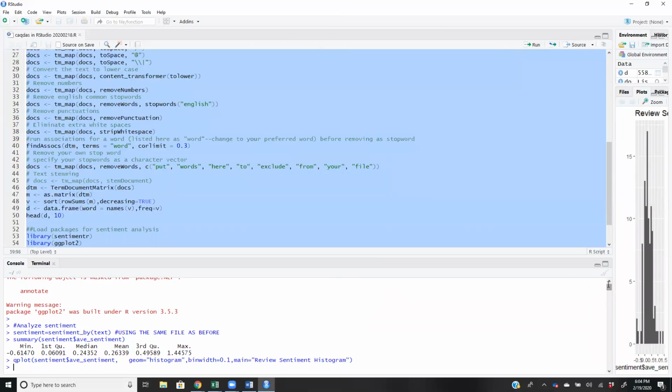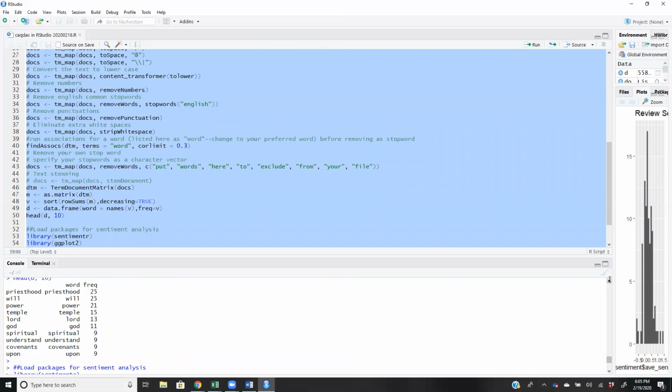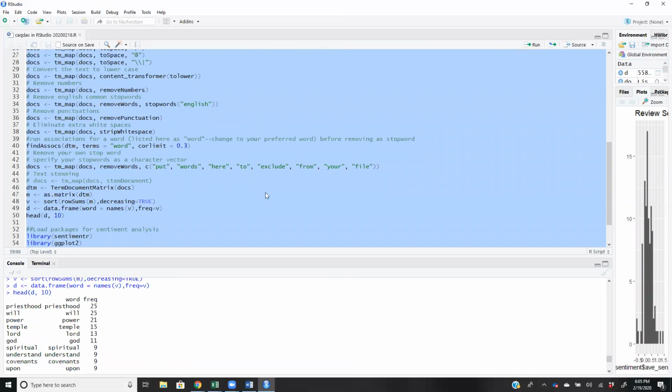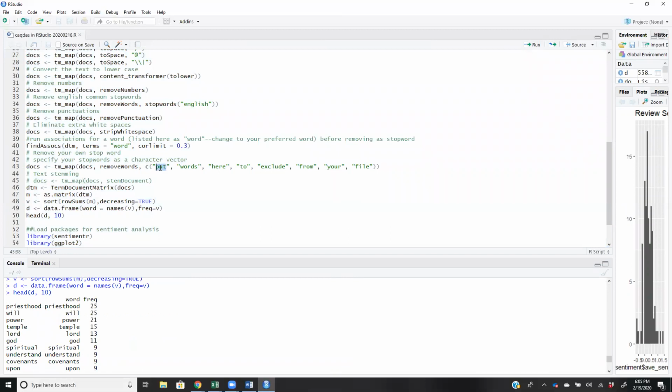I'm just going to remind myself of what the stop words are that we wanted to exclude. We're going to pull out the words will and upon. So I'm going to change my code up here and I'm going to add will and upon. And I don't actually need the rest of these stop words. They're just there to indicate what you're doing in the code when you edit it. So we're going to pull these stop words out in addition to the common stop words from the English language. And we're going to rerun